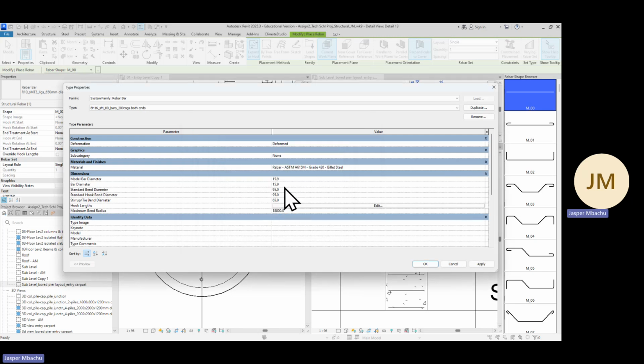Do we have to change the tangent length? No, that automatically will change. When you do one, it will automatically change. So those are the two changes that you need to do. All right. So when you say okay,